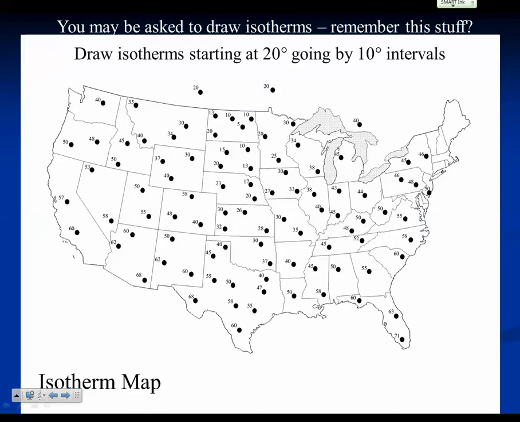And the last thing that we'll practice, and we'll do this later on too, is some isotherms. We've done this way back in Unit 1, but hey, nothing like practicing some more. So what we're going to do after this slideshow is done is start at 20 degrees. We're going to connect the isotherms that are all 20s, and then increase by 10-degree intervals. And hopefully it won't be too complicated, but you never know. Okay, so hopefully you guys learned a little bit about why Earth's atmosphere is layered and about heat versus temperature.